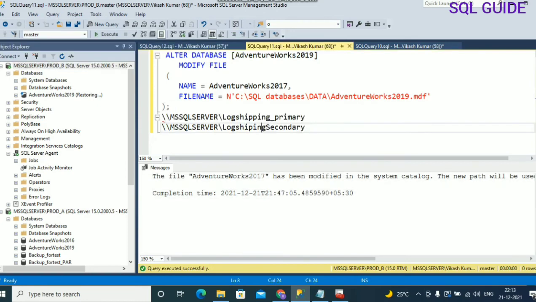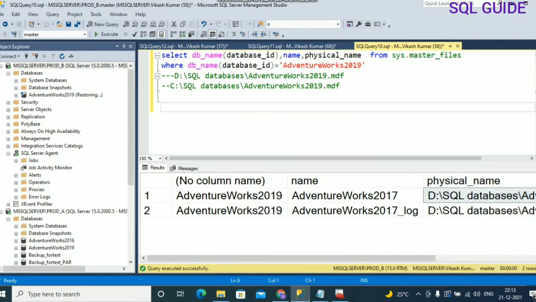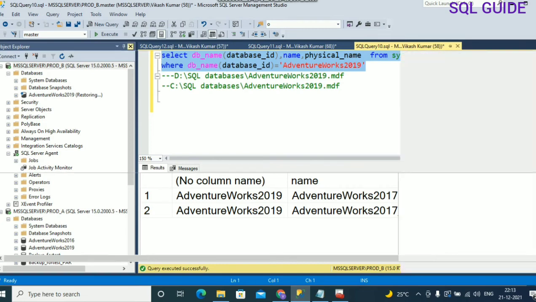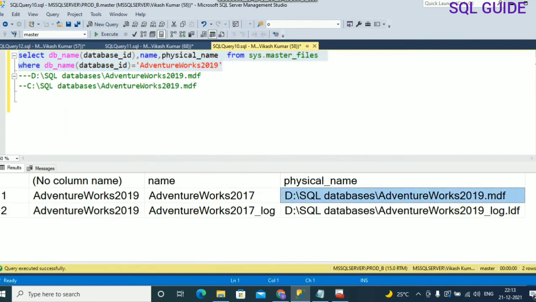Now let's verify that the file has moved successfully or not. For that, just run this command: select db_name, database_id, name, physical_name from sys.master_files. Previously it was D drive, it should change to this drive.